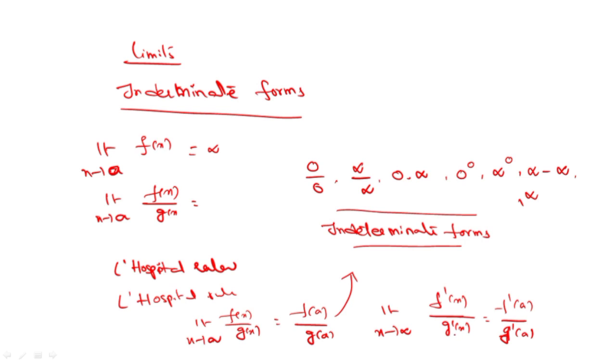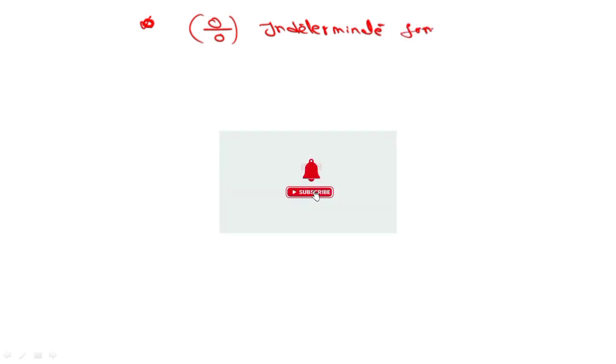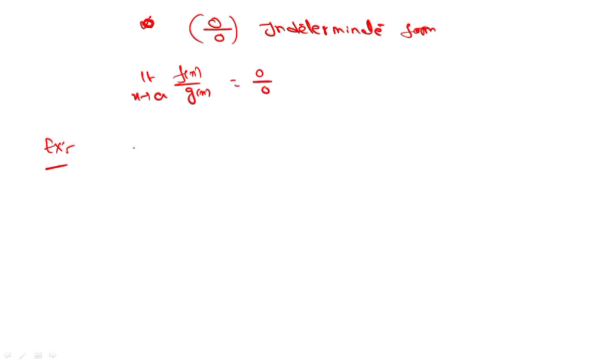So I would like to solve some problems here. Please see how we can solve. First, I would like to go for the 0 by 0 indeterminate form, which means that when we substitute x equals a, f of x by g of x becomes 0 by 0. For example,